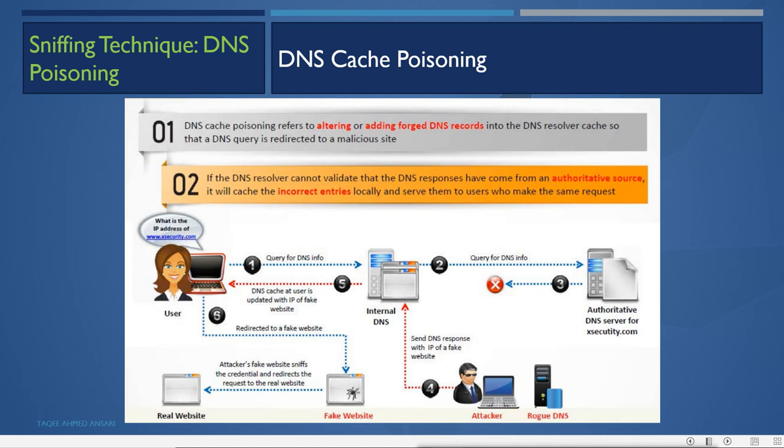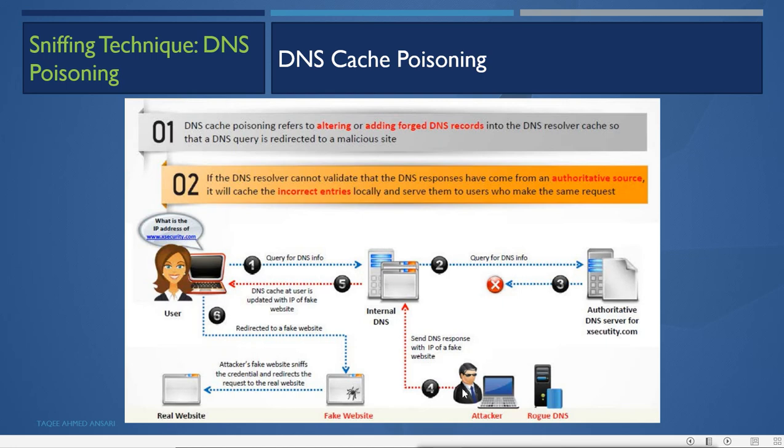Now the attacker does what? It directly sends the response without any request. It directly sends the response of the fake website. That means it created the fake website and it sends the reply, a direct DNS response, to this DNS server. So it will cache that record here. Remember, when the DNS server does the query, it will cache that record, so that when another user asks for the same record, it will not do the whole query, it will just respond from the cache.